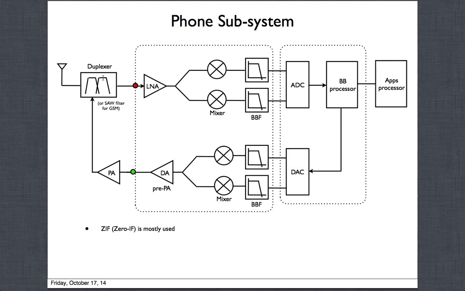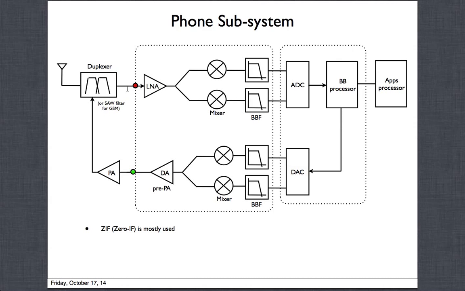LTE is mostly like that, but lately there is also something called TDD LTE that has come up, mostly driven by China, I guess, where you don't transmit and receive at the same time, but you're doing LTE similar to how you do GSM. Many people say it's not very effective, but some people say no, it's good. So even LTE could be more like TDD, time division duplexed. But anyway, let's come back to that, and let me explain what this duplexer is for.